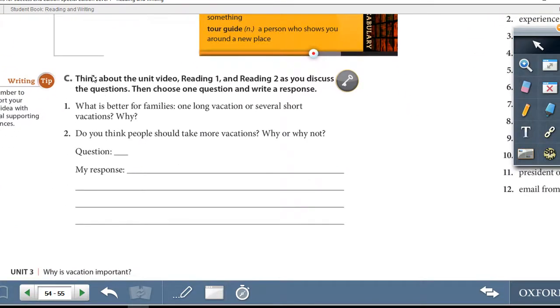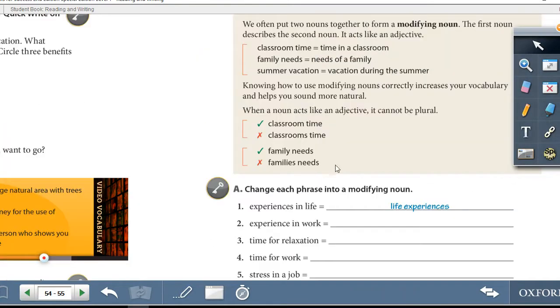Exercise C. Think about the unit video in reading 1 and reading 2 as you discuss the questions. Then choose one question and write a response. Right, number 1, what is better for families, a long vacation or several short vacations, and why? Number 2, do you think people should take more vacations, why or why not? You can write the question number here and my response. You can write your response over here. The next page,